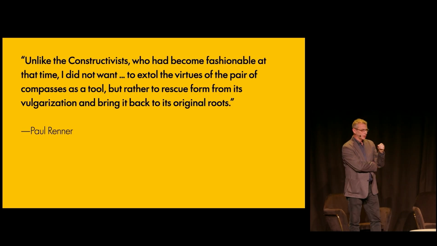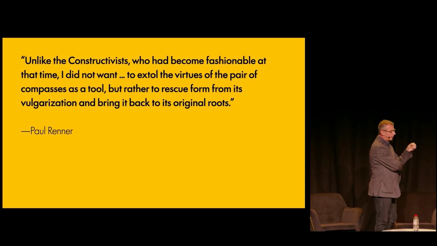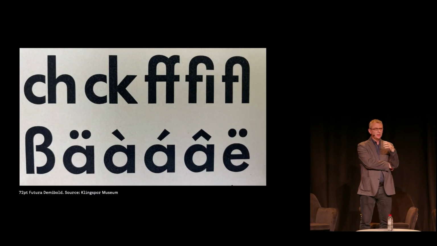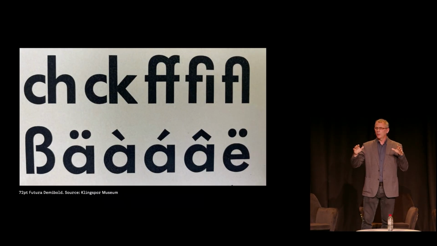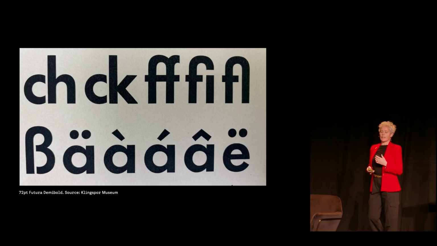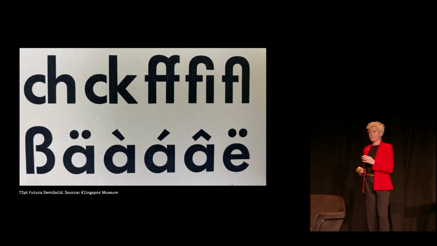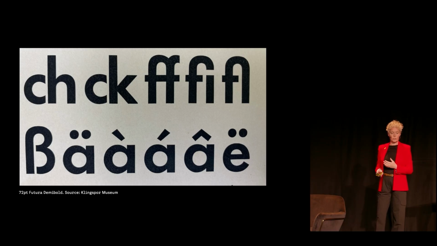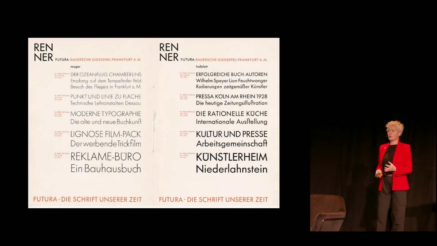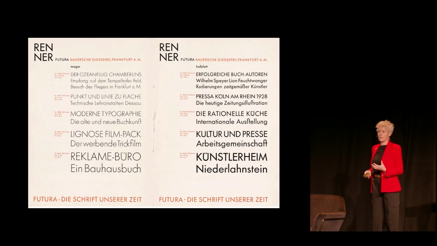When you look at the drawings that Renner did for Futura, you will see that there is nothing here that you can really build with a compass and a ruler. Nothing. There are a lot of optical adjustments. As type designers, if we want to create something geometric, actually it's not geometric at all. You have to deal with little final details to make it appear as a geometric shape, and that's what they already understood. And in a way, that's why Futura is still